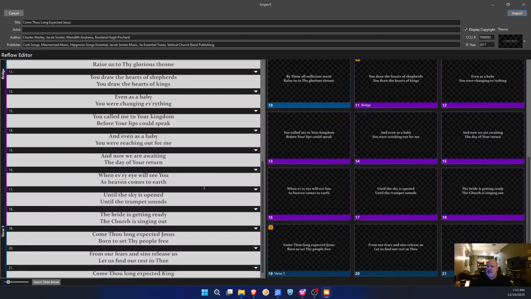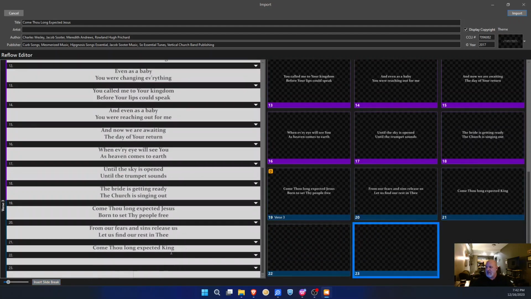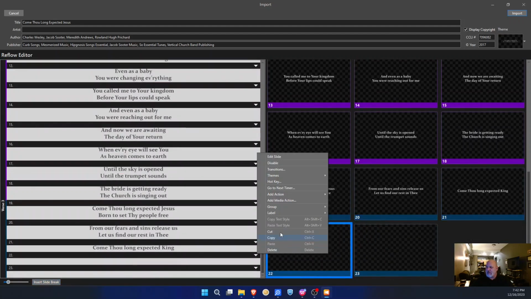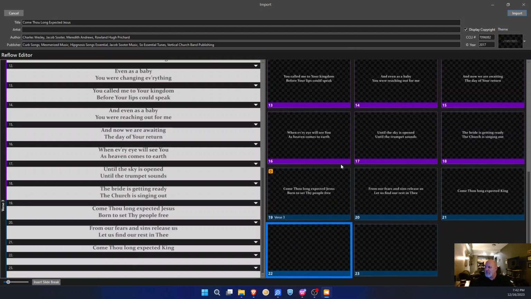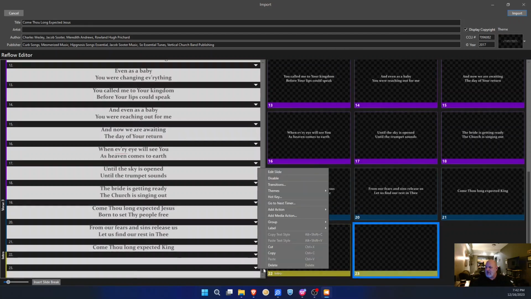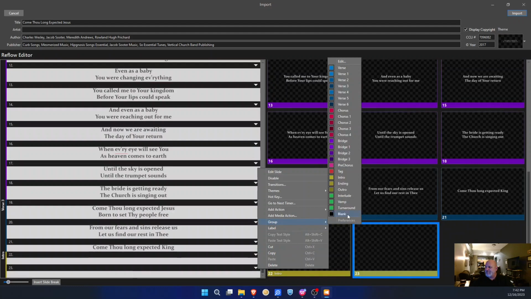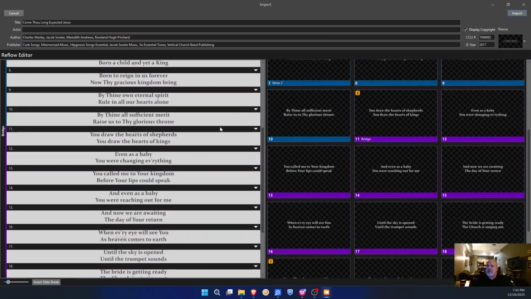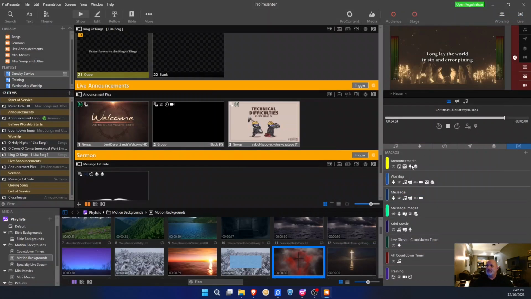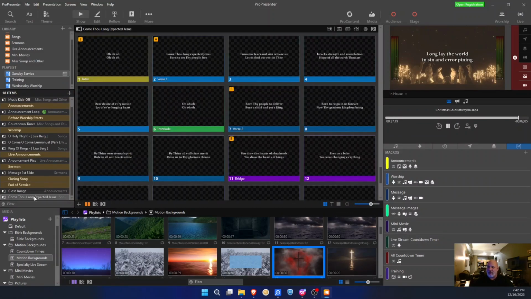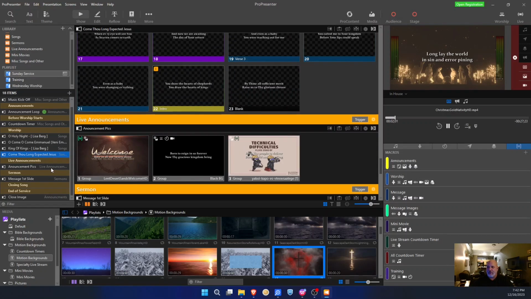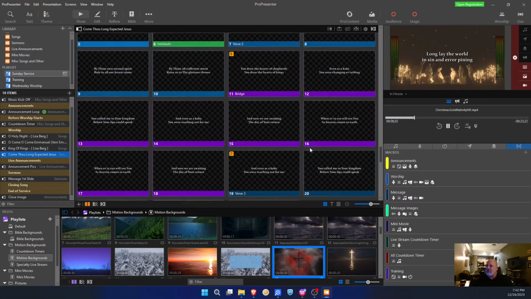So with this, again, we're going to come down to the last one. We're going to insert our 2 slide breaks. We're going to call the top one, we're going to group that to intro. And the bottom one, we're going to group to blink. With that done, we'll just go ahead and import. That will put it into the bottom of our list. We will move that up, as that's the last song. We'll scroll up to the beginning of it,